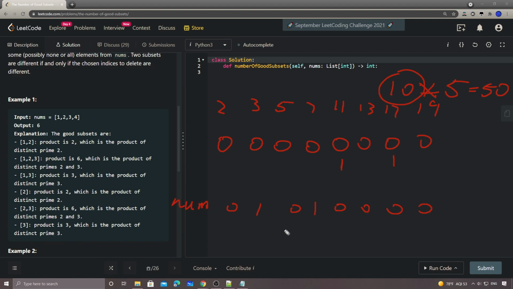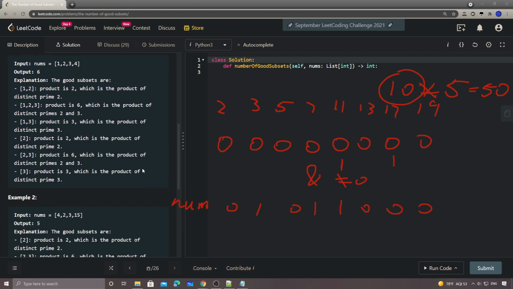And how do we check if these two masks do not intersect? We simply do a bitwise AND. If the bitwise AND equals 0, it means there's no intersection. If it's not equal to 0, then it means, for example, that this one also has a 1 here, so the final bitwise AND will not be equal to 0. So that's how we can quickly check, so that we don't have to do a cross for loop here. We can just use O(1) time to check if this number can be added or not. Okay,